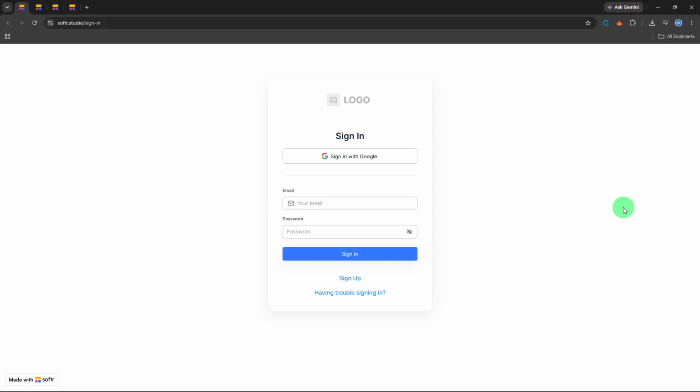In today's video, I'm going to show you how to rename menu items in Softr step by step so you can make your application's navigation much clearer and more user-friendly. Softr is a powerful no-code platform that lets you build web apps from Airtable or Google Sheets. And one of the simplest ways to improve the user experience is by giving each page a descriptive, intuitive name